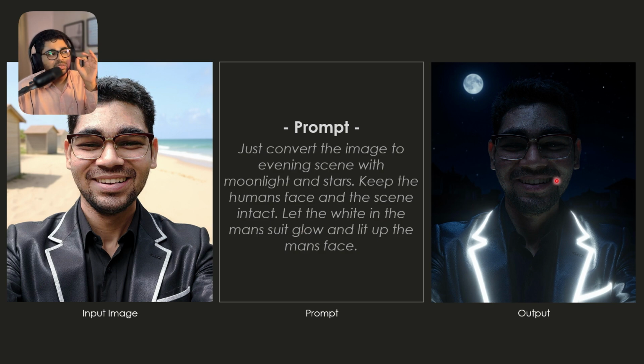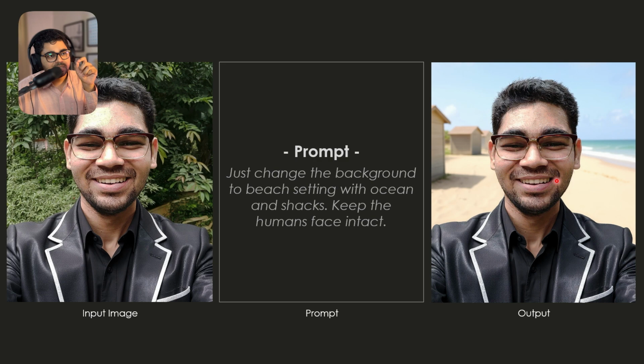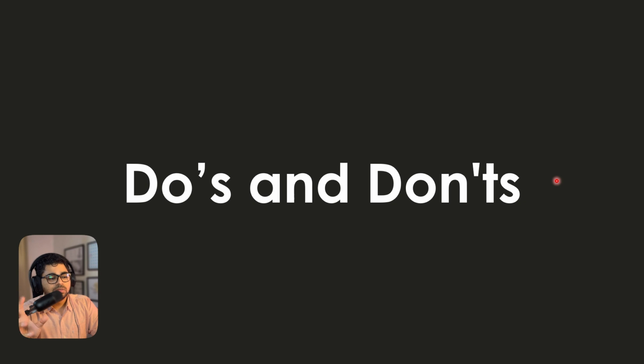But of course, you will see the quality has reduced from my earlier image. It has slowly reduced with the first iteration, second iteration a little bit more, third even more. So as you keep on iterating, your original image quality will be drastically reduced. I want you to keep that in mind. But these are all the use cases that I could come up with testing this for, I think, a week and a half. I've also made a list of some do's and don'ts that I think will be helpful for